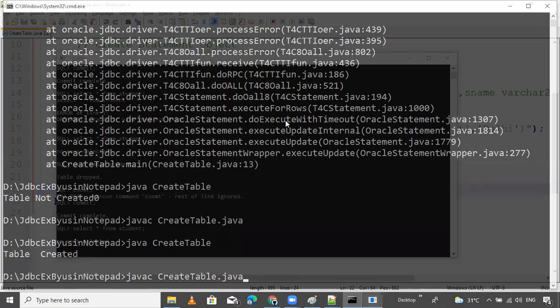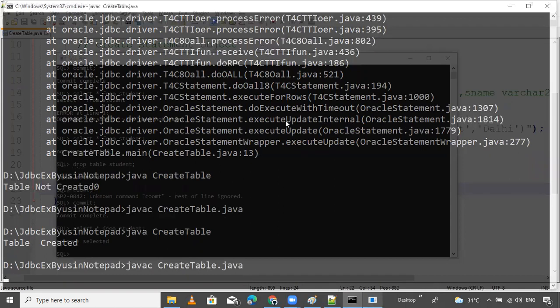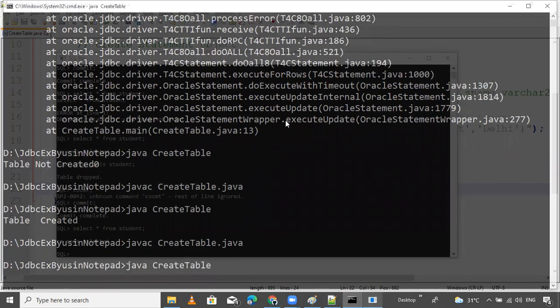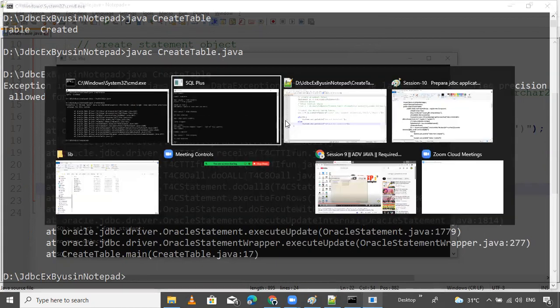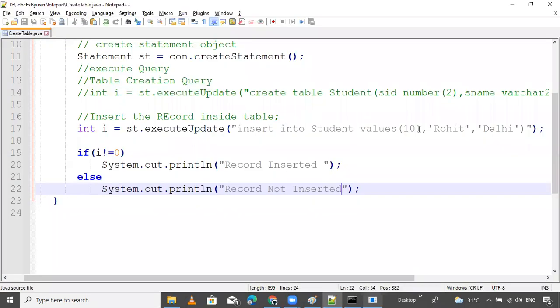So one more time, compile the program and run. If any error... Yes. What are the values? Okay, we specified the columns. We specified two here, but we passed more.